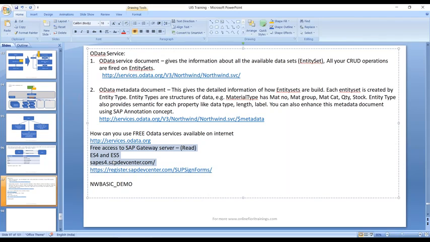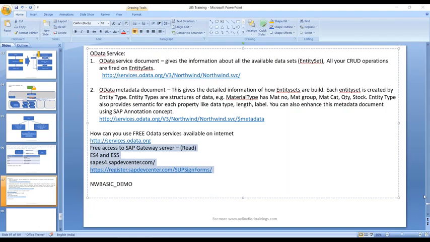You don't have any rights to go inside anywhere else. Even if you connect to it, there is nothing you can really do. But yes, this will help us to read data. You will not have any transaction authorization in the ES5 server. You would have only authorization to read data using OData service from that server. That authorization we all have, and that's enough for us to be able to do read scenarios with OData with